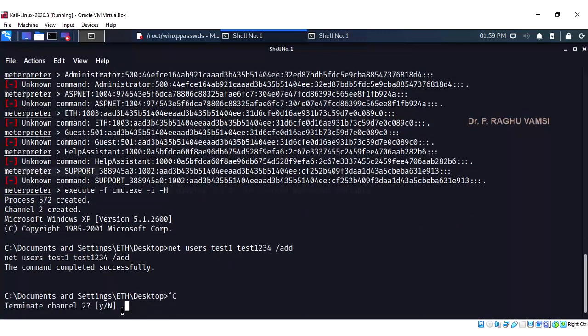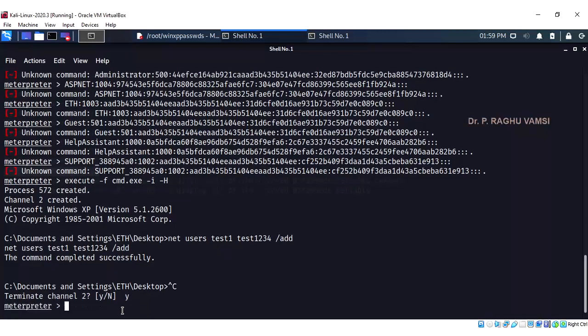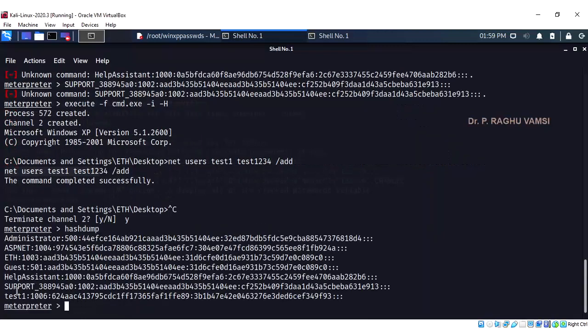Now go back. Since the user is added successfully, Windows XP is storing this password in the hash format. Now you type hashdump. Here test1 is there. The test1 hash is available here.